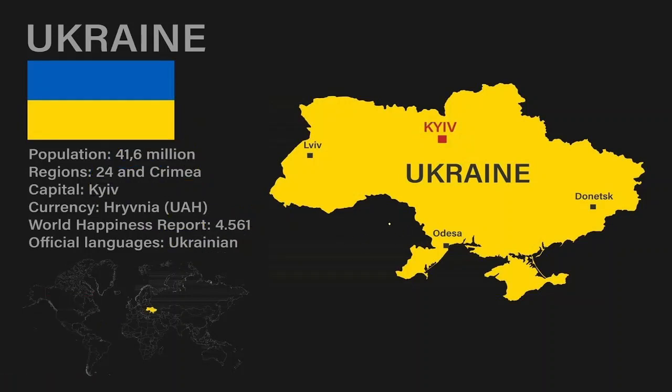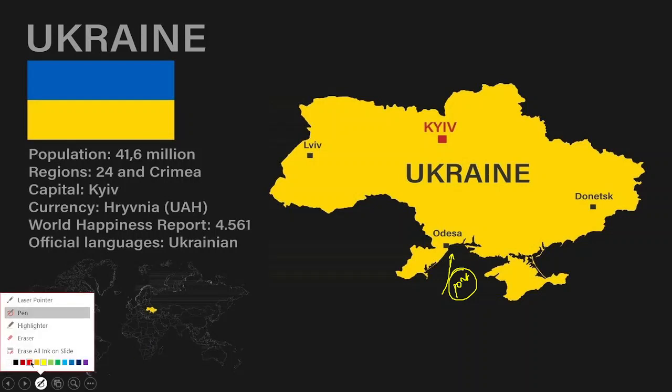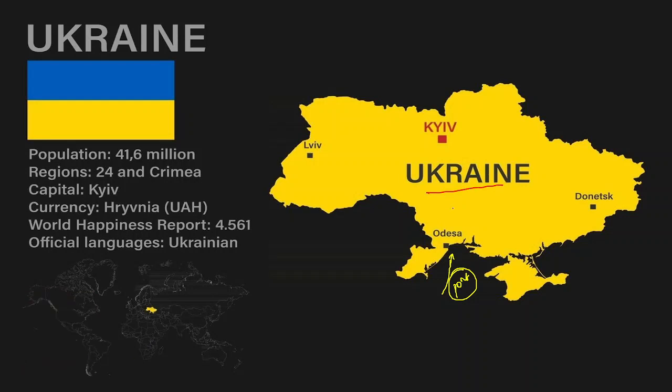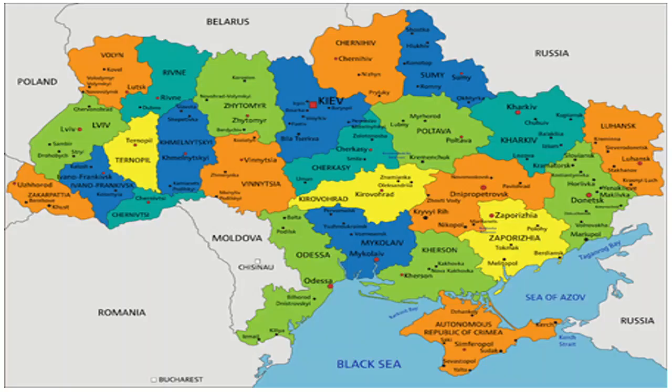Now you can see the Ukraine map. Here you can see the Odessa port, one of the major seaports of Ukraine, the most important seaport of Ukraine and the largest port in this part of the world, where Ukraine has all its force and Russia is trying to capture it. This one is Crimea, already annexed by Russia in the year 2014. Okay, let's see the others.